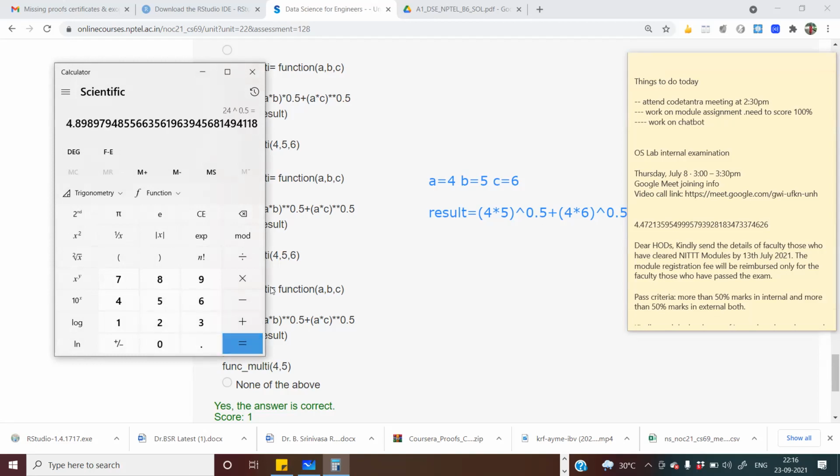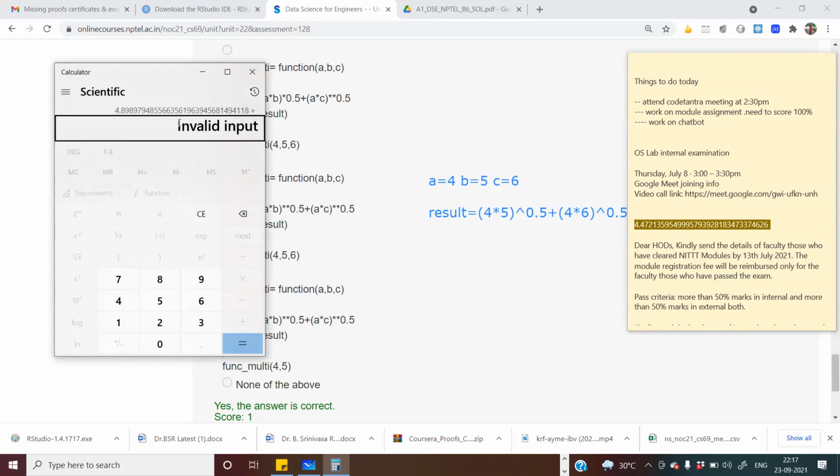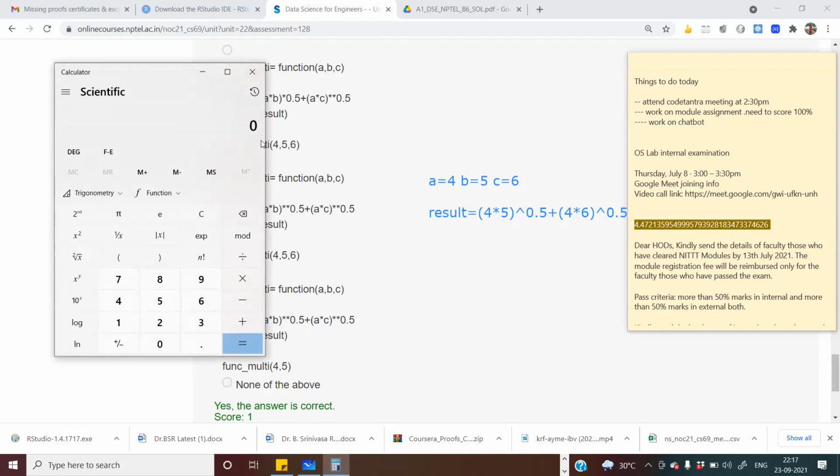Let's store this, plus we already stored the earlier result. Invalid input is coming. Okay, clear. 24 to the power 0.5. So we need to add these two.